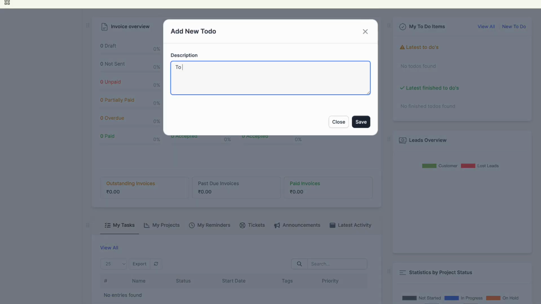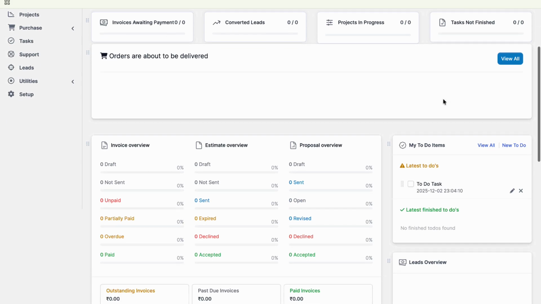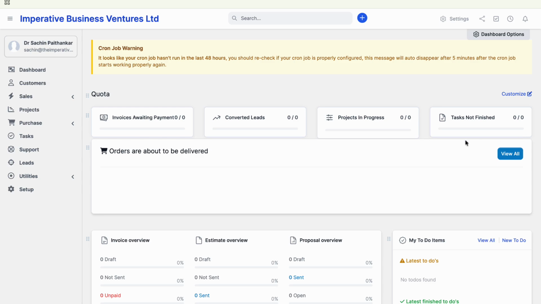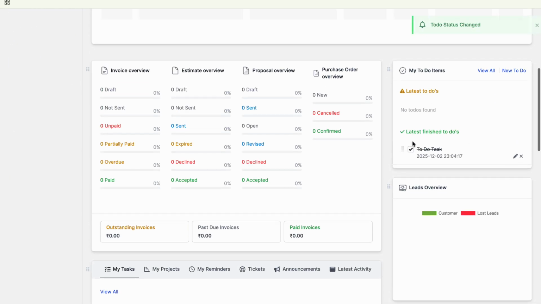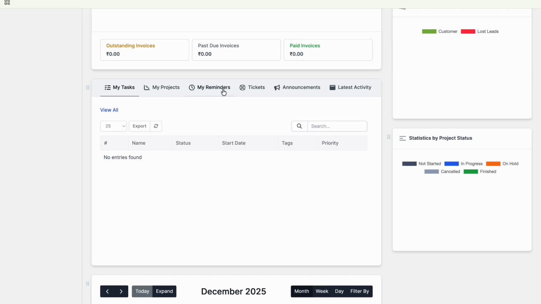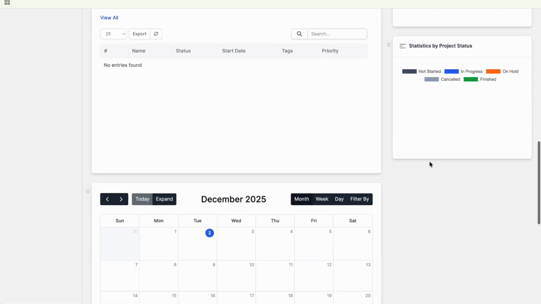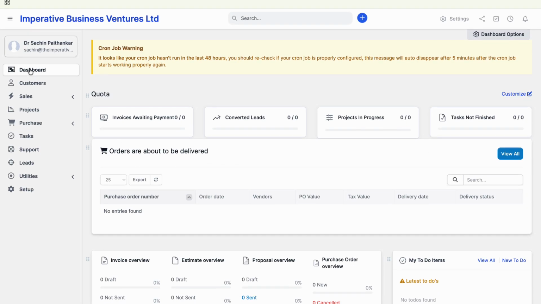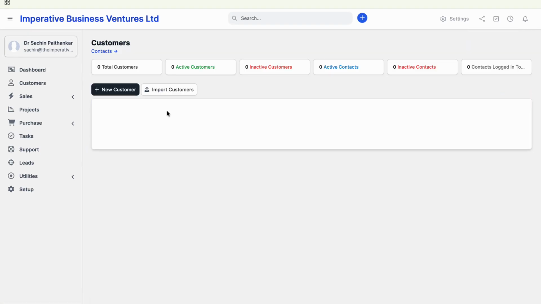Now the to-do list allows you to add a list of details that you have to do urgently. So in case you have a list of things that you have to do, you can do it immediately. You can drag the list up and down, or you can mark it as complete, edit, or also remove the items from the to-do list. There are a lot of options in this, and you have tasks and various things. On the dashboard, you will be able to see everything in detail on one page, a solution for all your tasks.